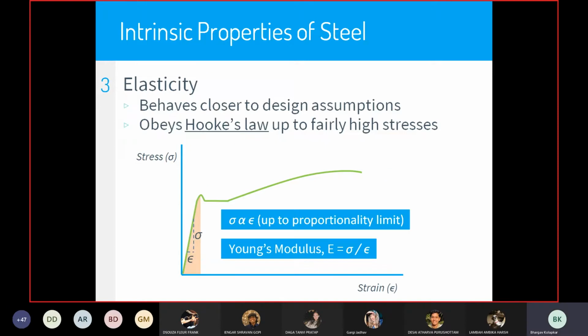Then the next one is elasticity. Now, when I start this course, I start with a certain assumption that perhaps this particular batch has